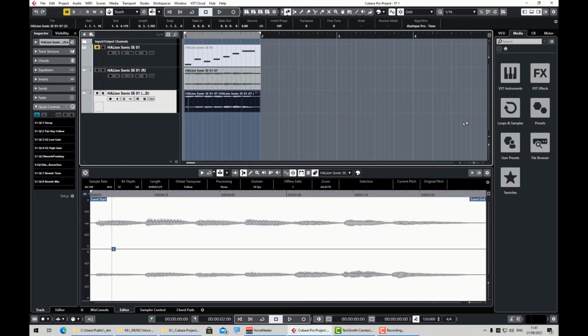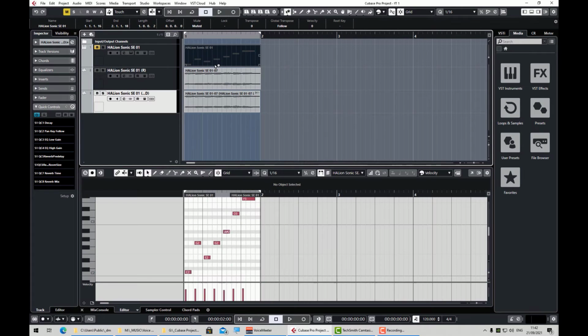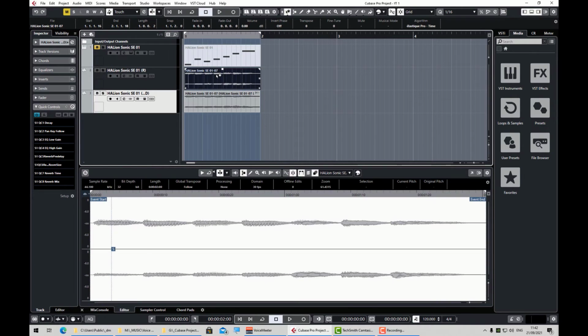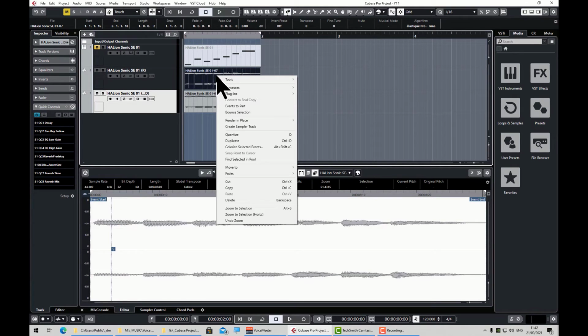So the final stage is simply to copy these parts to themselves to create a track. And if we select this one, now you can copy and drag this, but you're going to have to create around 100 or maybe 200, 400, 500 copies of this, so it's going to be a little bit time consuming. However, Cubase has a really neat feature called duplicate, which you can access by holding down Shift and pressing the right mouse button,